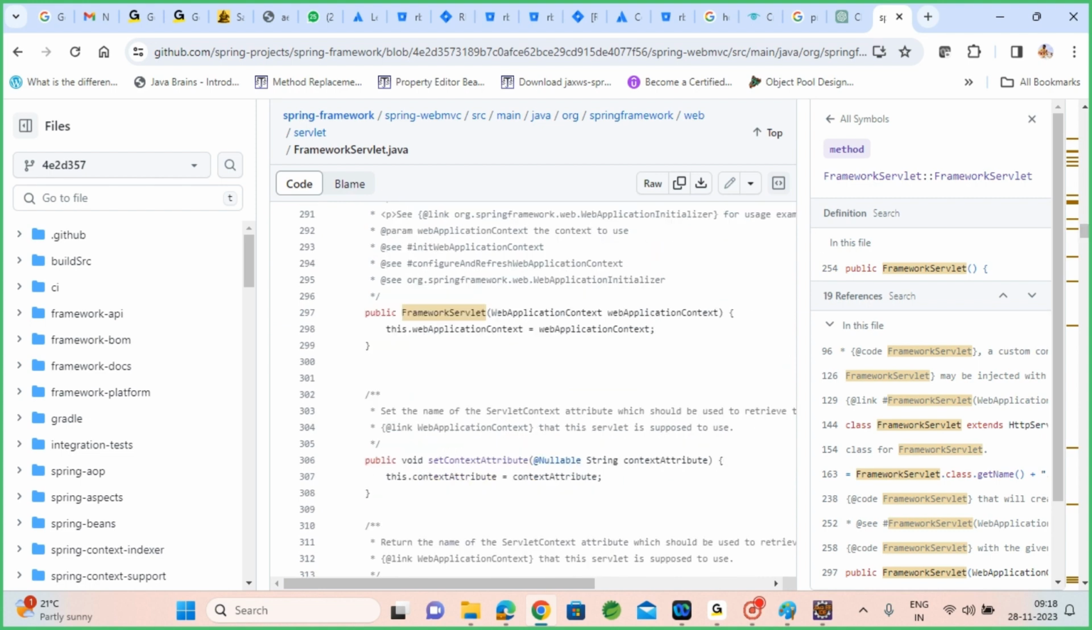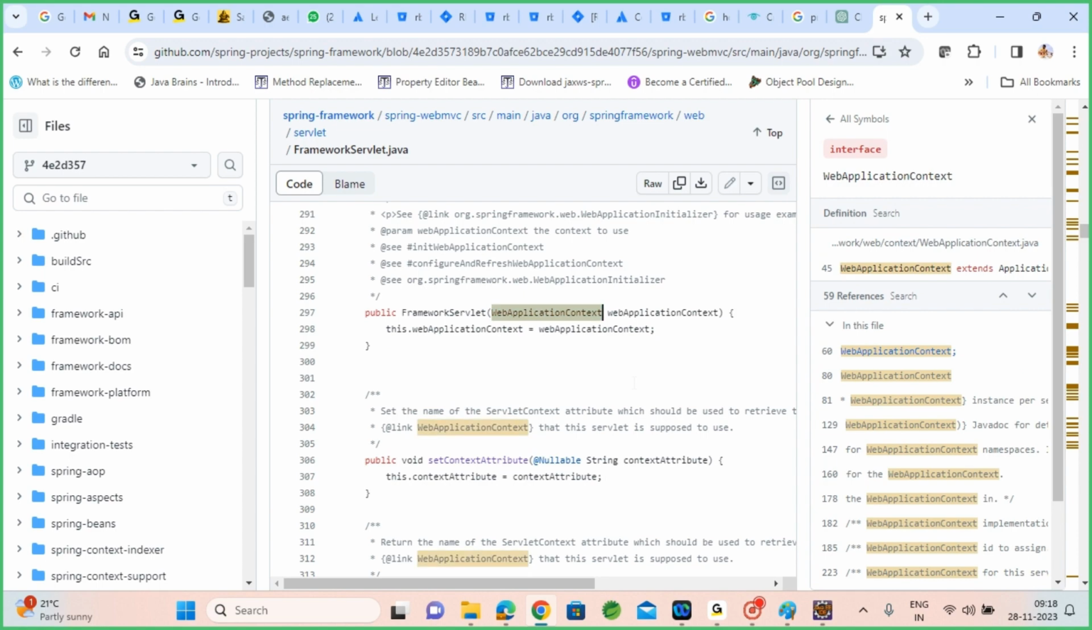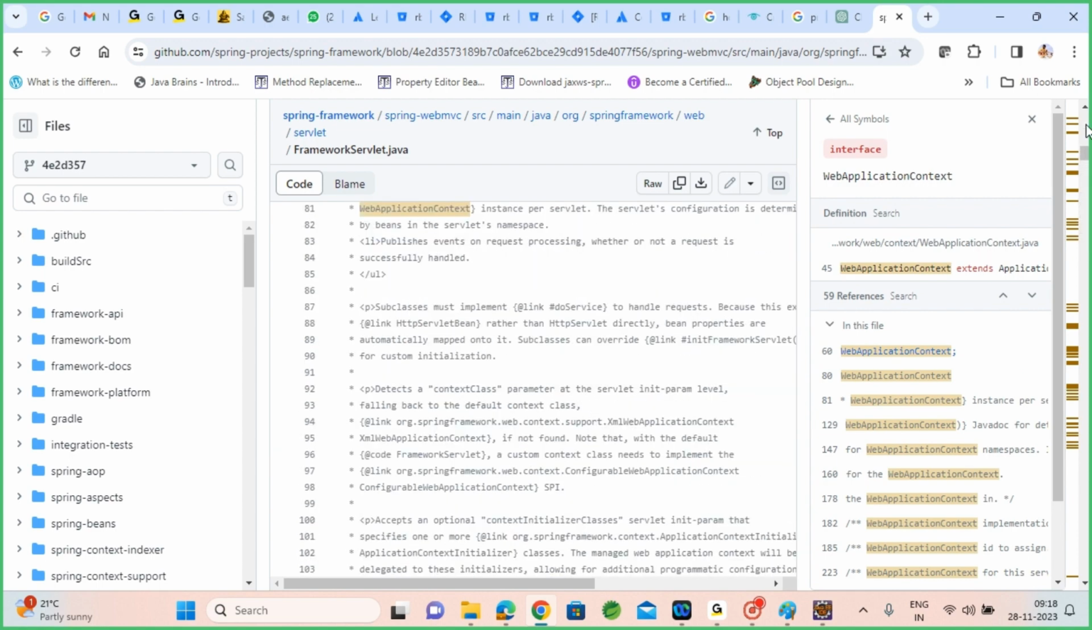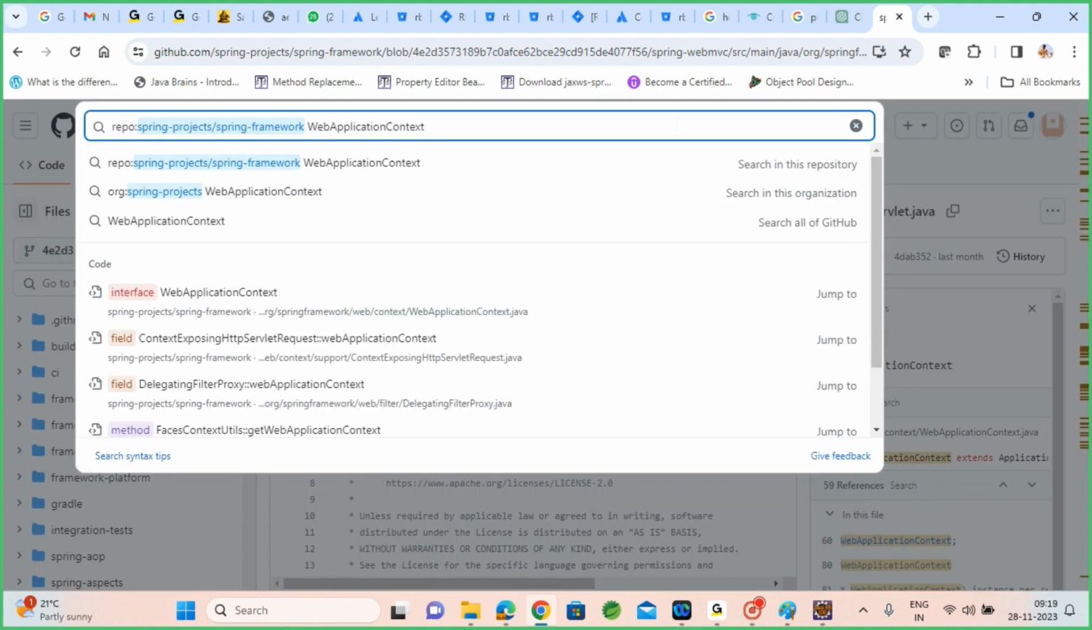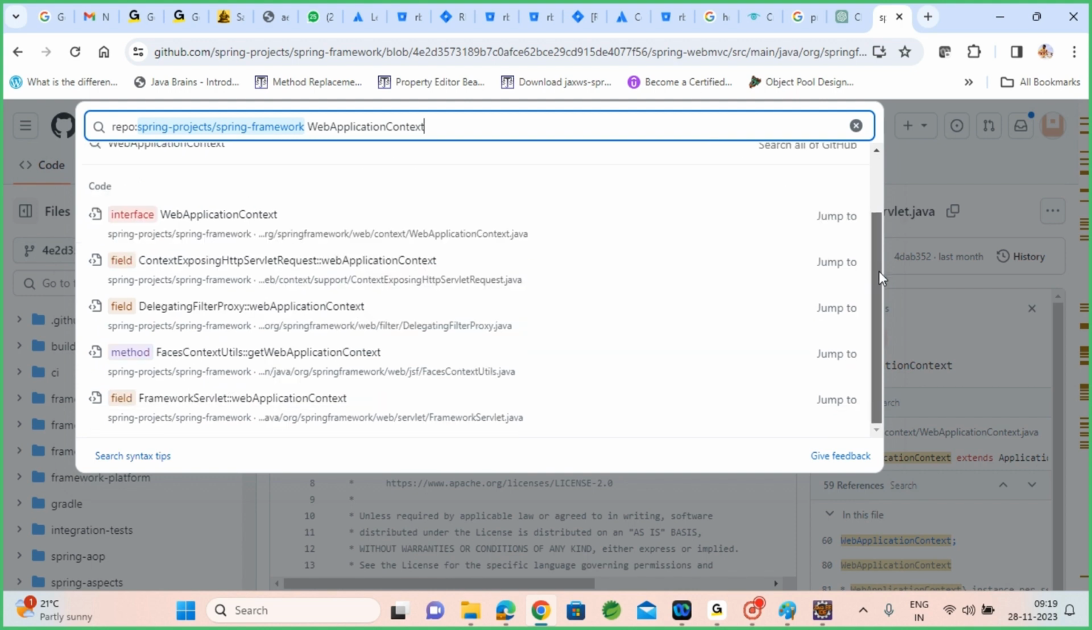Web application context object is injected into your constructor actually. So this is how it is getting the object. Maybe context listener factory somewhere. A listener or somewhere it is initializing. So in which all places we have this one web application context in context